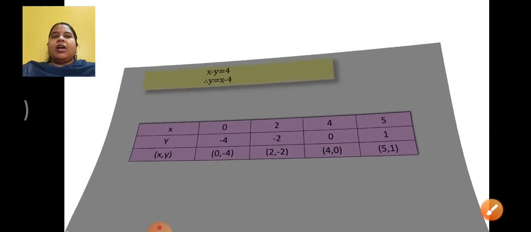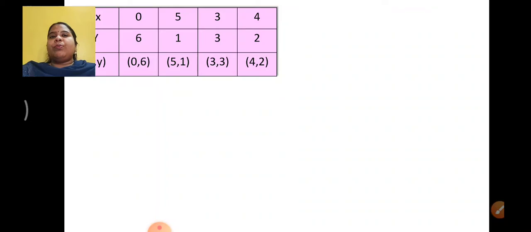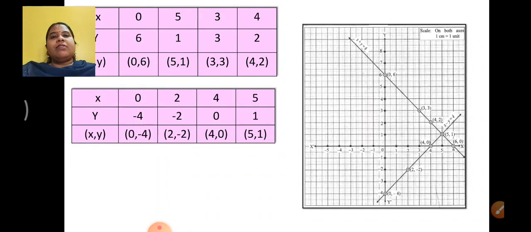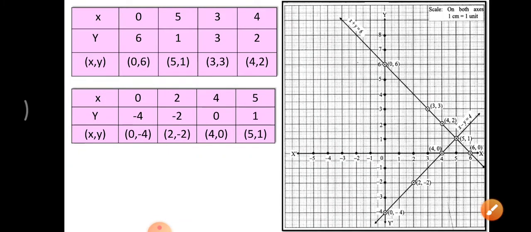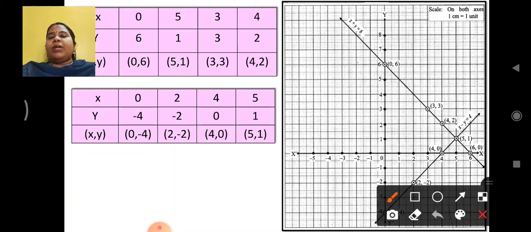Now what is left? I need to have these points plotted on the Cartesian plane. So this is the way it will happen. Just have a look how the points are plotted here. 0, 6. Where to plot? 0, 6 means the point is on the y-axis. See, x coordinate is 0. Do not search here and then somewhere here. x coordinate 0 means the point will lie on the y-axis. Where will it lie? At a distance of 6, positive 6. So above the origin. See, this is my first point, 0, 6.